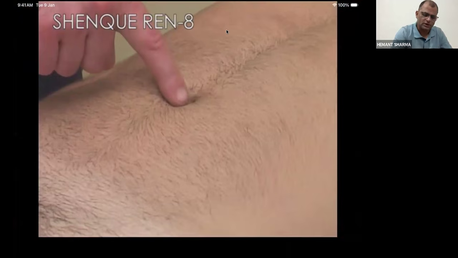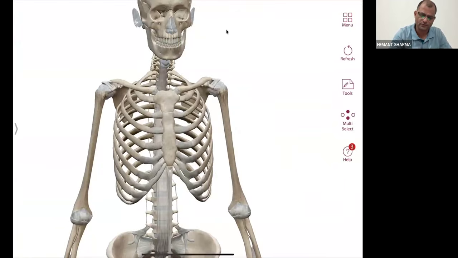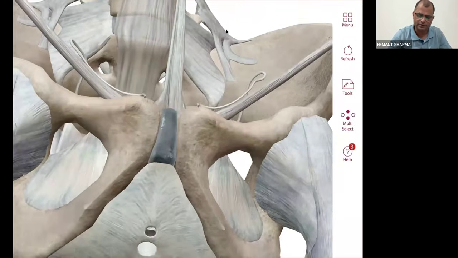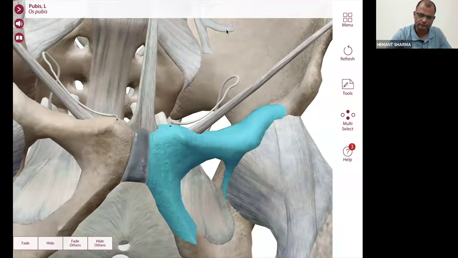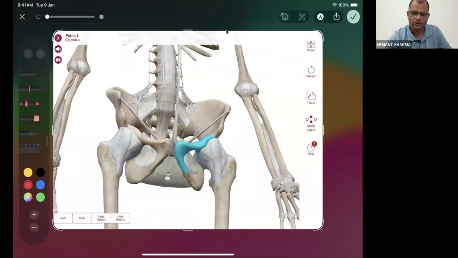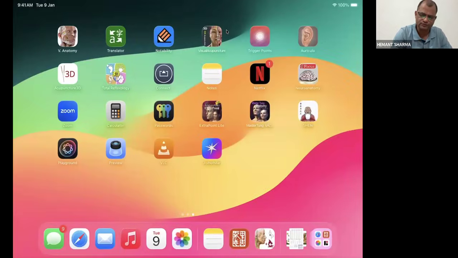Fine, wonderful. Now one more thing I will tell you. We know this is the pubic bone. We can see this is the pubic bone here. Just below that we have the genital part. So the CV meridian going from here, just at the upper end of the pubic bone, that is CV2. Which point is this? CV2. I will show you in another image.